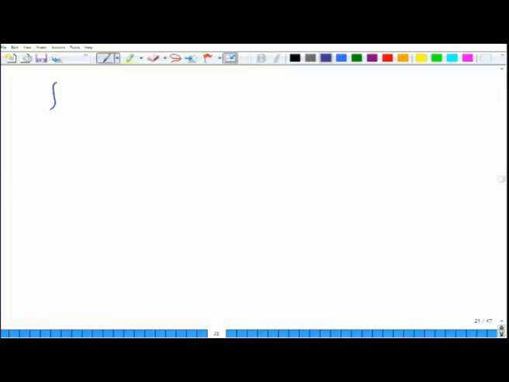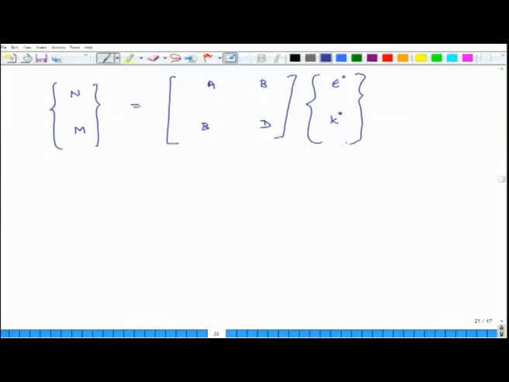So, if we have N and M, these are the vectors. So, this is equal to A, B, B and D, these are sub matrices, times epsilon and kappa. So, these are mid plane stresses, mid plane strains and mid plane curvatures. So, we will consider several cases. Case 1,